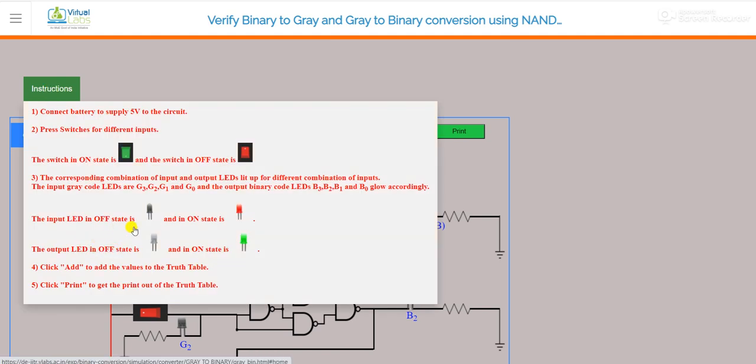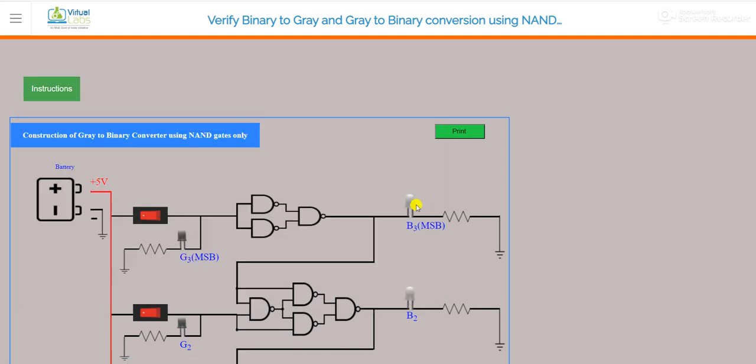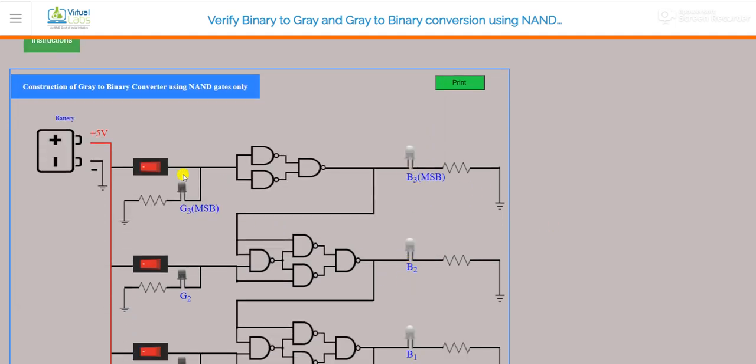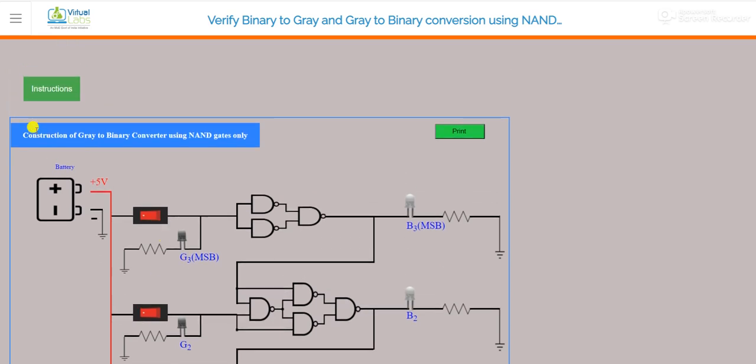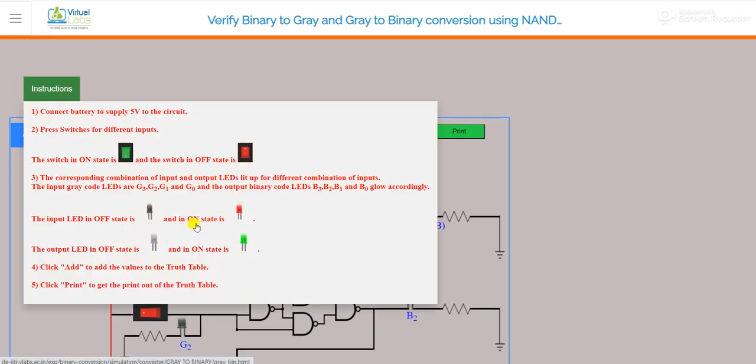These are the different states of the LED: the off state is dark gray for input and light gray for output. These are the outputs, light gray color. These are the inputs, dark gray color, and red color shows the on state for the input, and green color represents the on state for the output.